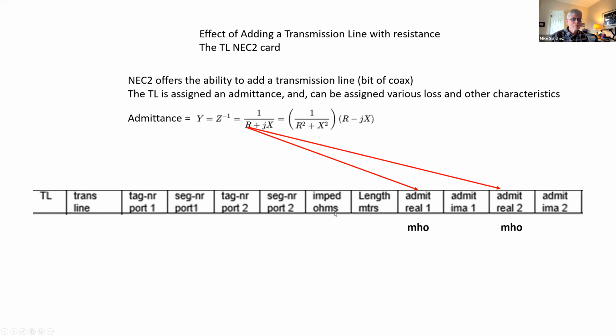You give it an impedance, which for coax is 50 ohms. You give it a length. You give it an admittance, which is 1 over the impedance. Then you give it a length, and you give a real admittance part for port 1, and then the imaginary part for port 1, and then the real admittance for port 2, and the imaginary admittance for port 2. So you have 2 ports, 1 transmission line, and the 2 ports are basically 2 wires or wire segments that you have to span. Okay,